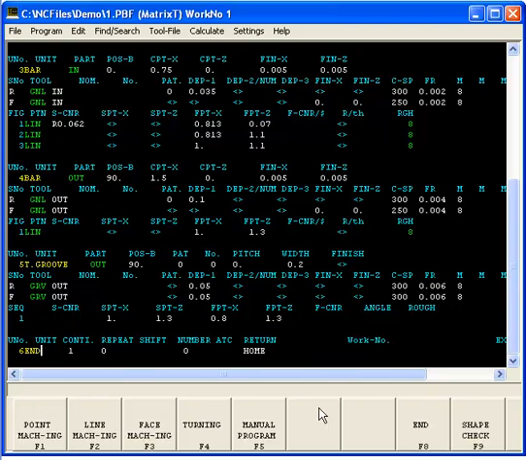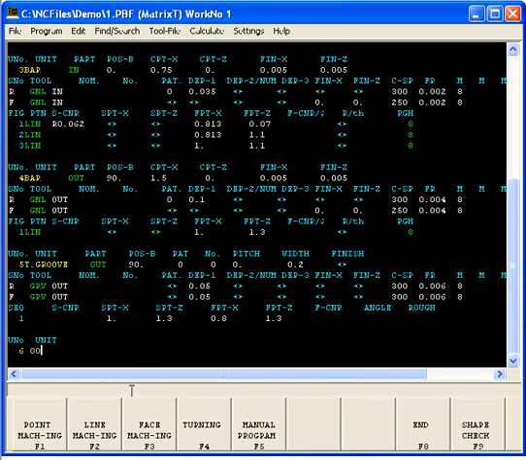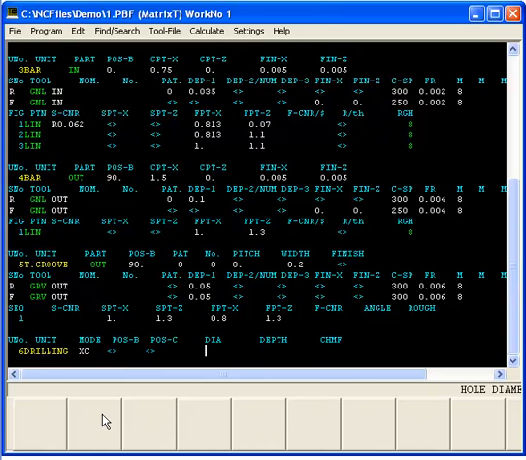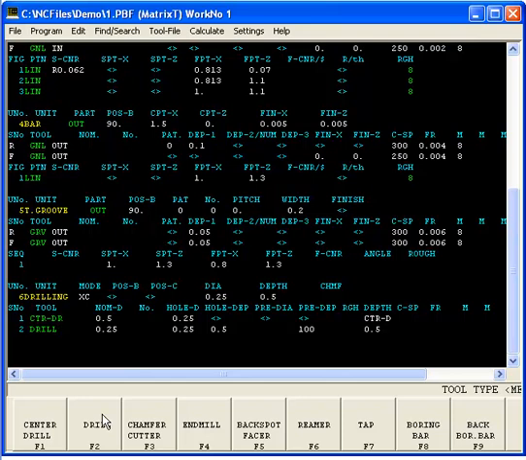So let's take a look at adding a process at the end, and we can do it. I should have made my window a little bit larger. And let's say we're going to do point machining, drilling in the XC mode, diameter 0.25. So it fills in the drill information for us here.